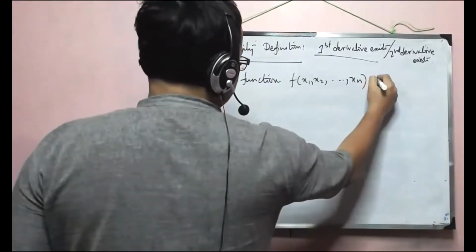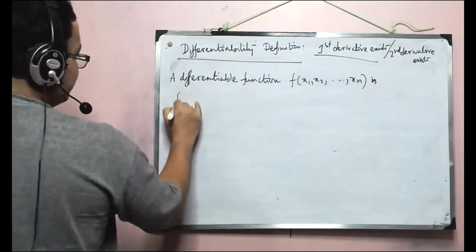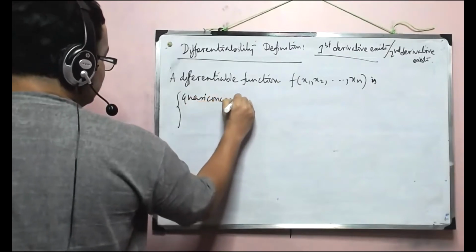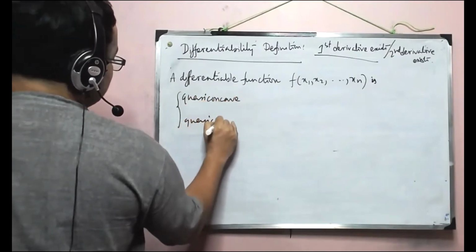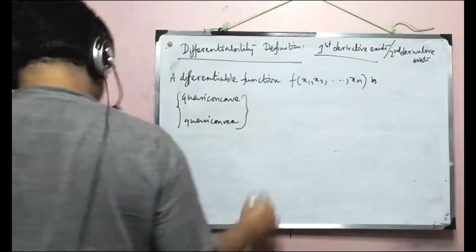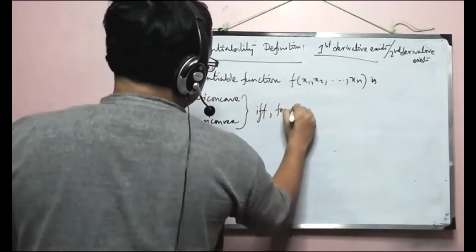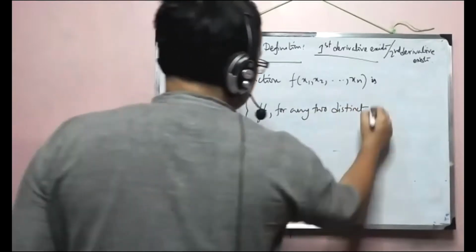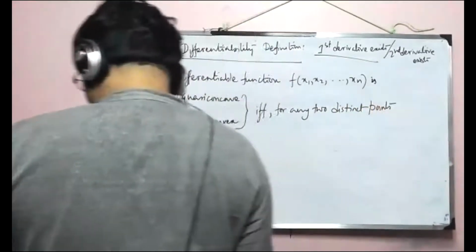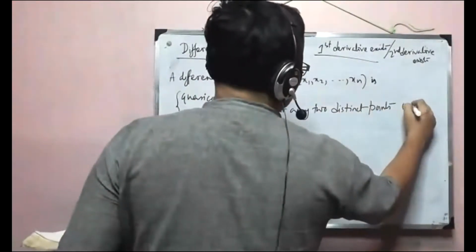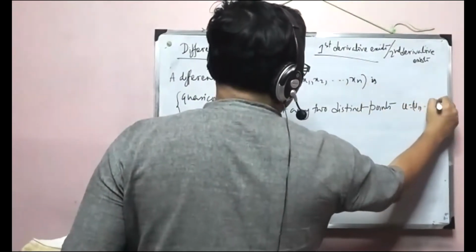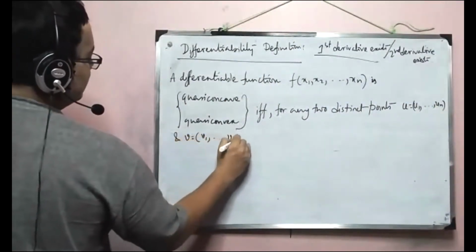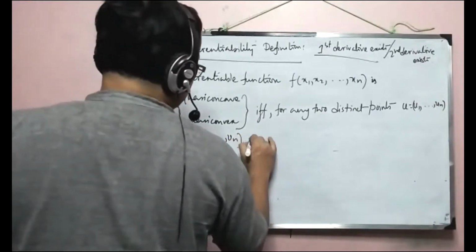So a differentiable function f of x1, x2, ..., xn is quasi-concave and quasi-convex, as we write it, if and only if for any two distinct points, u equal to u1 to un and v equal to v1 to vn, in the domain,